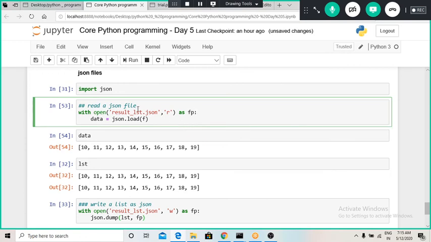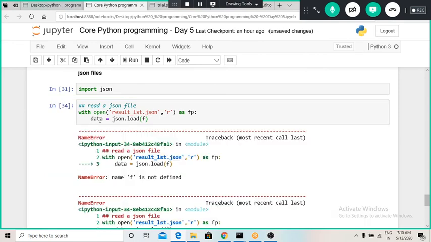I will ask the JSON to load whatever values are stored in this particular file path, and store the imported values in this variable called data.